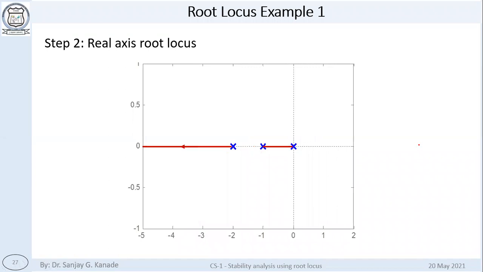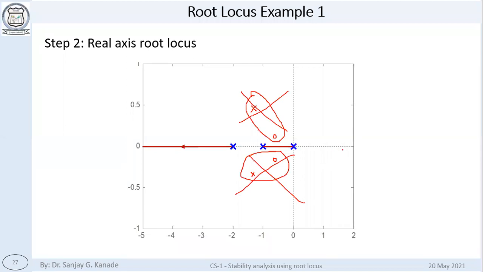If there are some poles and zeros in the imaginary plane, in the complex plane, let's say somewhere here or somewhere here like this, we do not take these into consideration while calculating the real axis locus. When we count their number, even or odd, we talk about only the real axis poles and zeros.